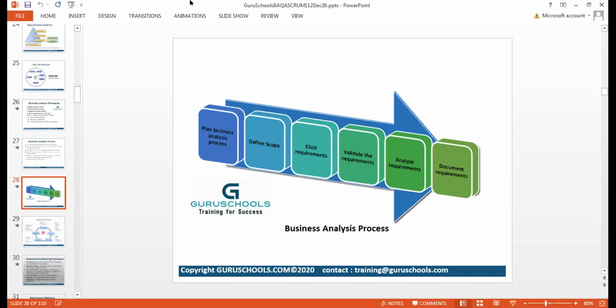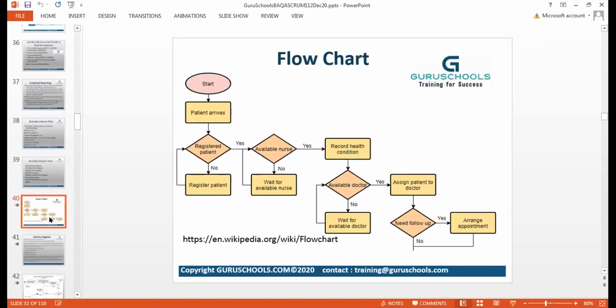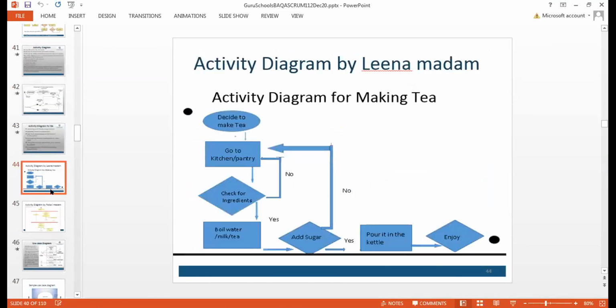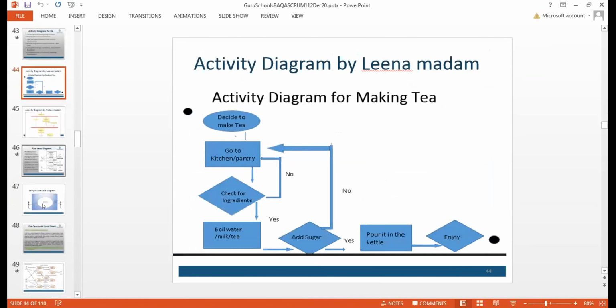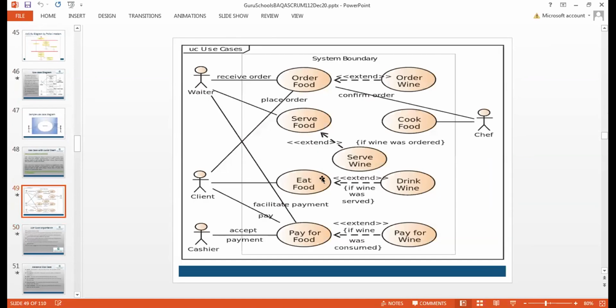This is how we do it as a BA, right? As a BA, we take the requirements from a client, we validate them, we create the SRS. Now, to explain each and every such requirement, I draw this use case diagram, right? I could draw activity diagrams, I could draw flow charts, but then I have a better tool at hand called the use case diagram, right? And we have already seen how to utilize the use case diagram in the correct fashion.